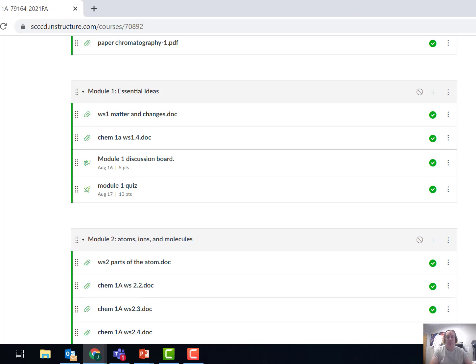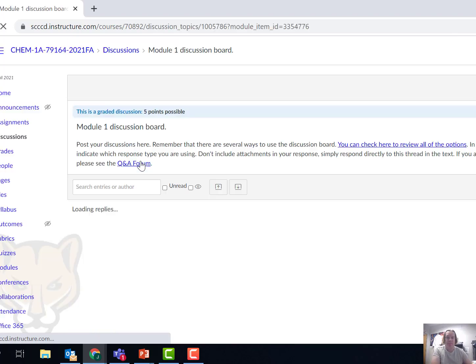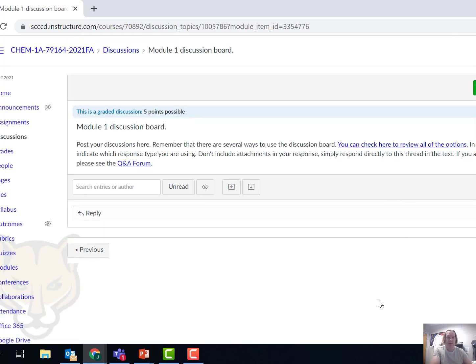Some of the worksheets in Module 1 we'll be doing as sort of lab activities. But these are things that you want to do as a way of making sure you know how to master the material in the module, and you can discuss them on the discussion board. Again, this will be graded, so what you can do on this discussion board is you can type in something where you say, okay,